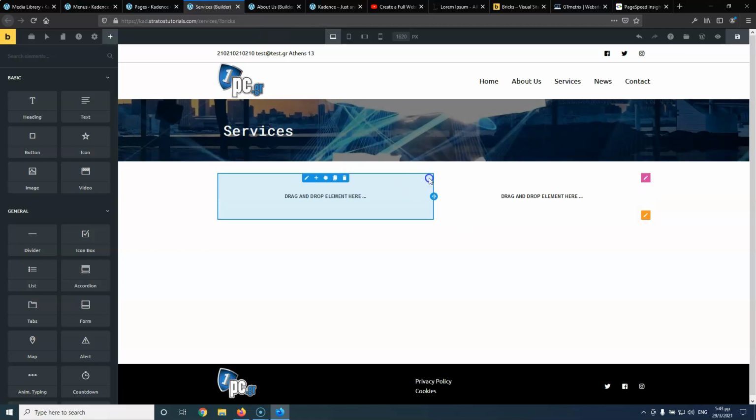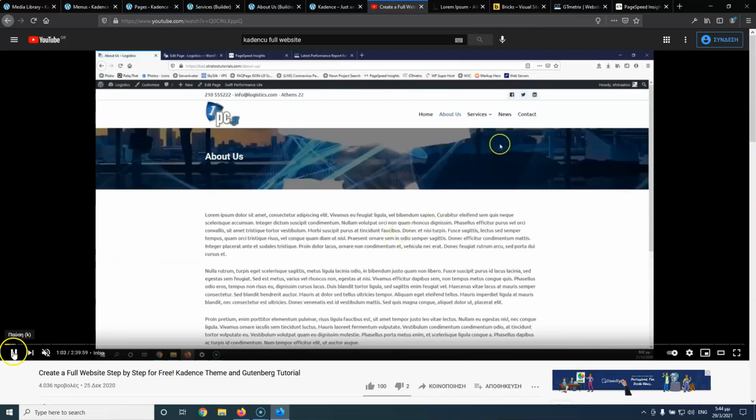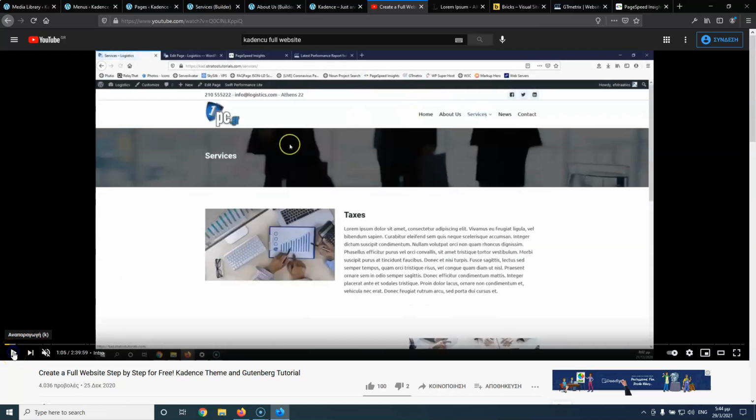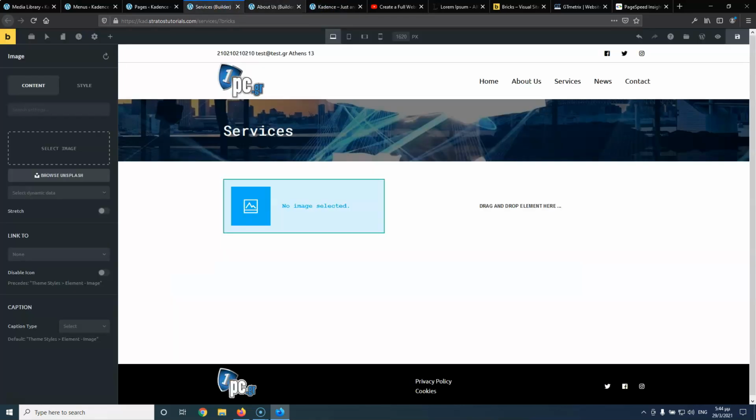I'm going to add another column, and this should be 40. Okay, and I have first the service 1, and I have missed the first one, which is the taxes. So we have taxes, and we have the name and then the text, and also the image is not in the middle, as you can see here. It's a mistake. Okay, and let's add the image first. Image,